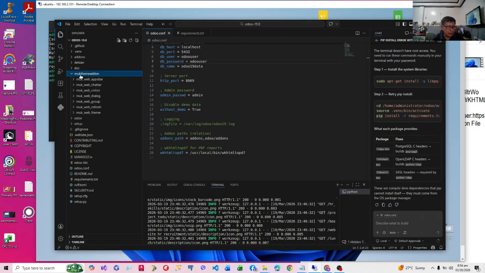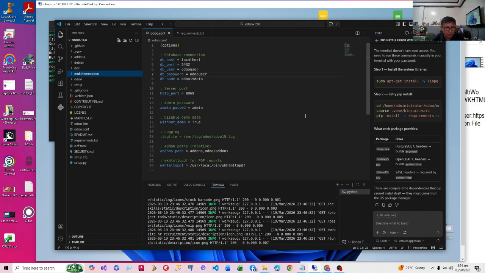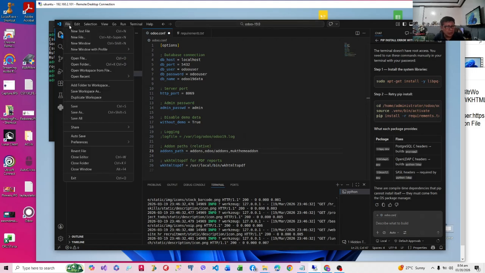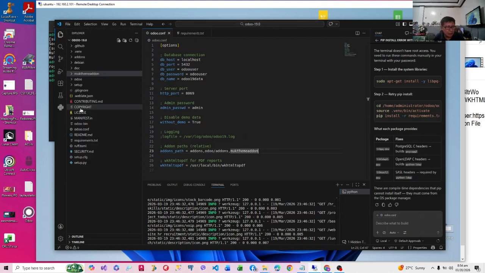If you look at that, there are different folders. Also, it's divided into different folders. In order to make use of it, we will have to add it into our add-ons path. Having named it properly, we'll just make a comma, and then you'll say Mac theme add-on. We press escape to cancel the suggestion, and then we save.